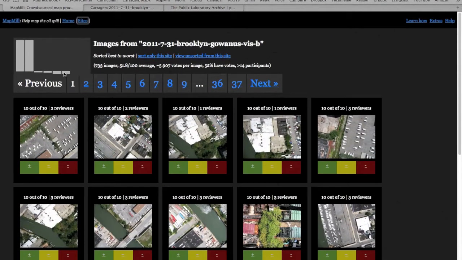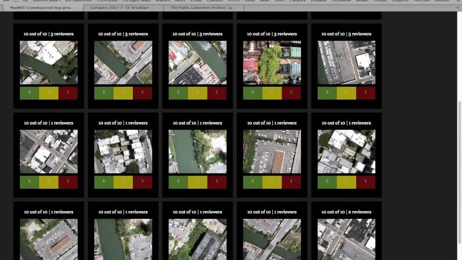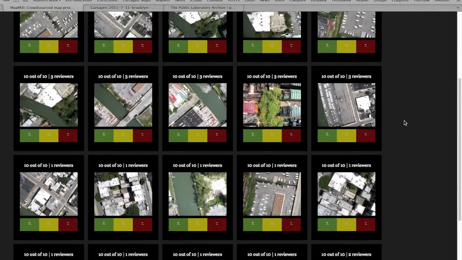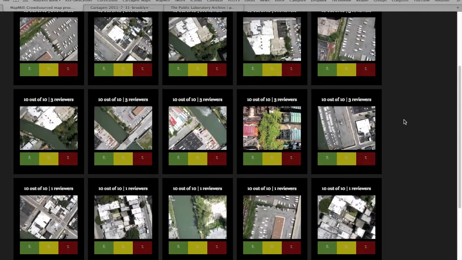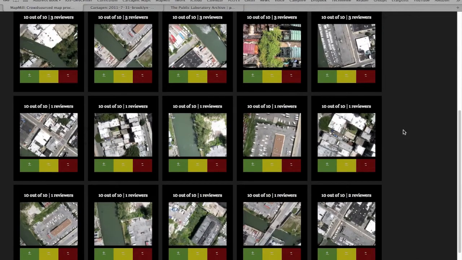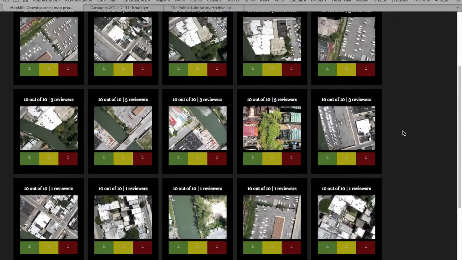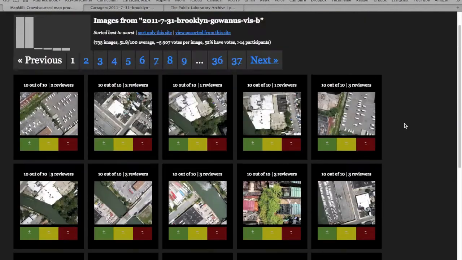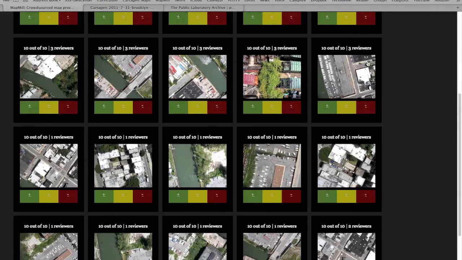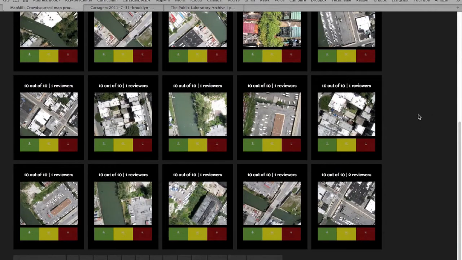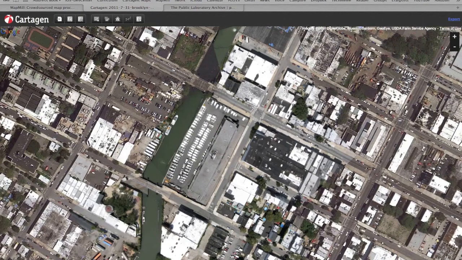And here we are on the page where the raw imagery is, and people can sort through the hundreds of raw images and actually rank them and get the sharp, high altitude, vertical angle, crisp images voted to the top. So those images can be chosen from the top of the heap and added to the map. And I've actually downloaded a couple of them locally, and now we're going to go through adding them to the